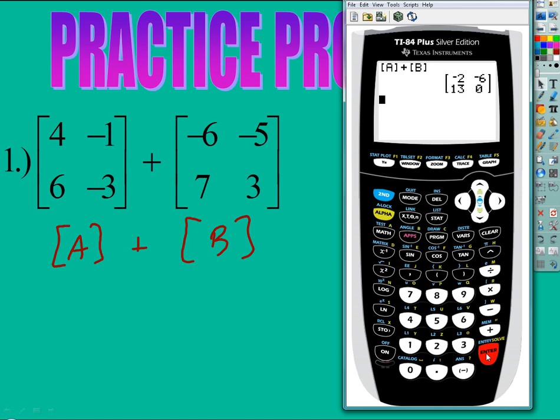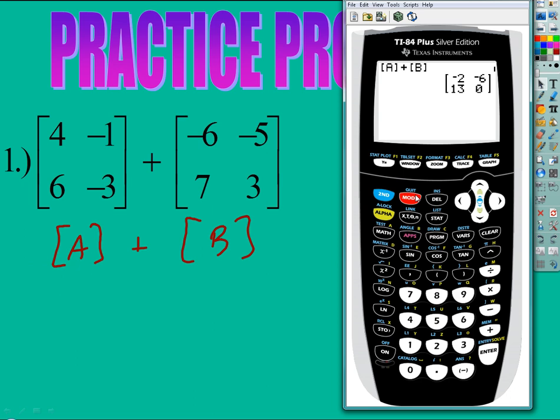Question? How'd you get the second one? After finishing the first one, as soon as I finished the first one, I just went second, matrix, edit, and I went to number 2 and built it. Okay? Now what's nice about that is, once I enter the matrices,